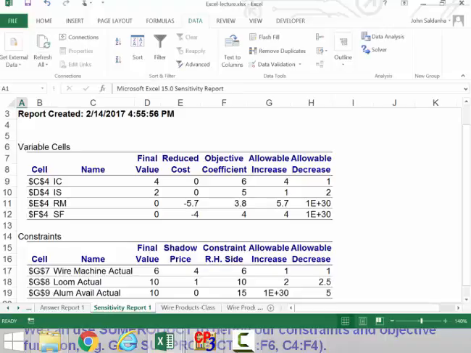Now, a really important one is constraints. Like I said, we had one non-binding constraint, right? The aluminium available. So you'll see over here, sorry, we had two binding constraints. We had the Y machine and the loom, and those are the important ones. And you'll see that for those binding constraints, we have something called shadow prices. Okay? And we have the right-hand side constraint that is going to be affected by the shadow price and the allowable increase and decrease, which allows these right-hand side values to either increase or decrease. Okay? Now here for the aluminium, you'll see that you can allow the right-hand side to increase to infinity because we have